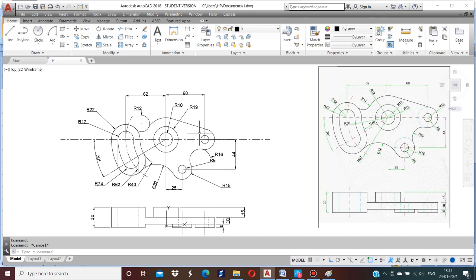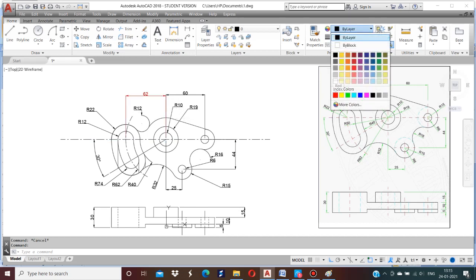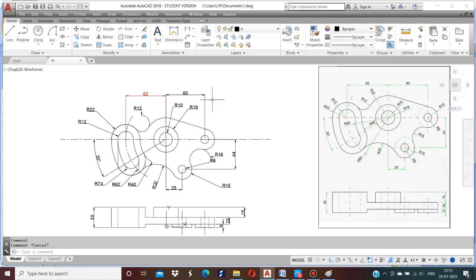Now here you can give it in a different color. Here I select this one, go for by layer, give red. Now I want to give all dimensions in the red color. Therefore I select this match properties, select these dimensions.